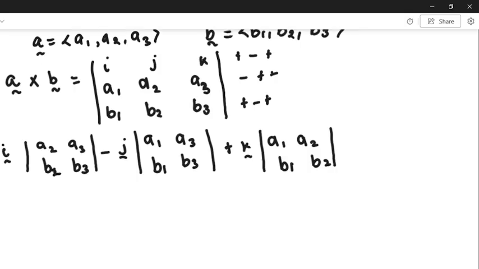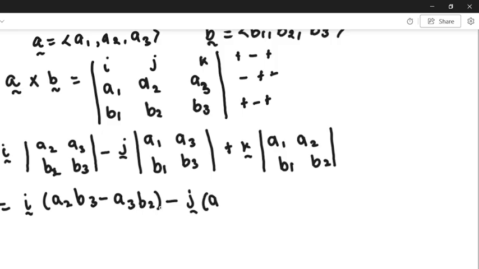So you are going to continue further and solve. So you're going to have I into A2, starting with the leading diagonal minus the other diagonal, A2 B3 minus A3 B2. So J will be A1 B3 minus A3 B1